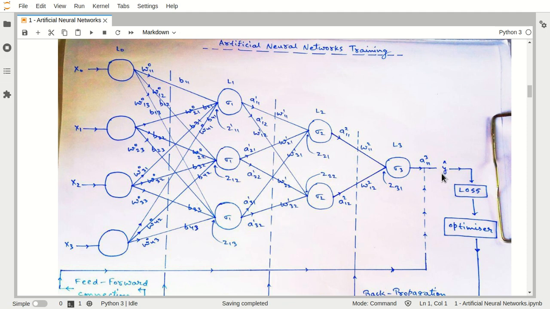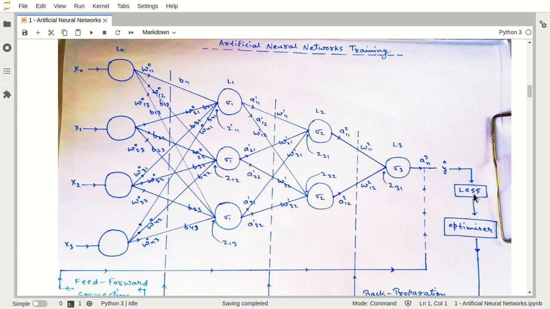Taking these predicted results, we will calculate our loss function using various losses. If it is a regression problem, we can use L1 loss, L2 loss, Huber loss, or Hinge loss. These loss functions are available for regression work. In terms of classification, we can use log loss, or categorical cross entropy loss.